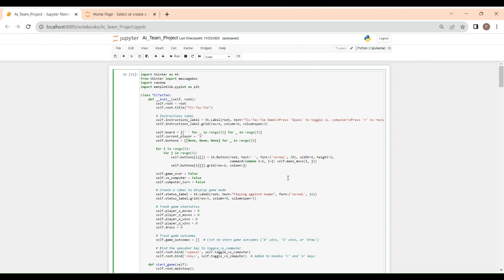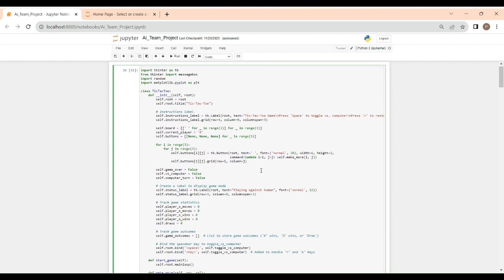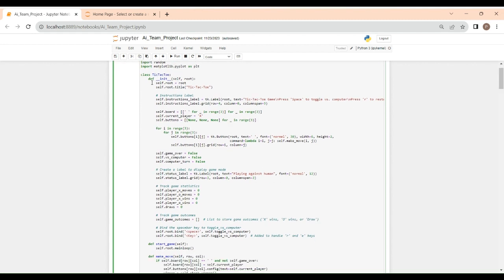Our game features two modes, the traditional player versus player and an advanced player versus computer mode, offering varied experiences for different players. The structure of our game is encapsulated in a class called TicTacToe. This class-based approach exemplifies the principles of object-oriented programming, a cornerstone of Python development. The root window created upon initializing this class serves as the foundation where all the interactive elements like buttons for the game, grid, and various